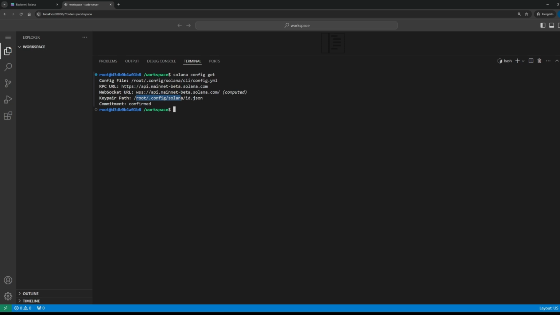I will show you, for example, how to actually transfer SOL. In this case, we should be able to see what our balance is or what our address is. So I can specify the command, and you can see I've got an error: no default signer found for this path. That means, as this is a freshly initialized environment, there is no key pair yet, there is no private key, so we will generate one.